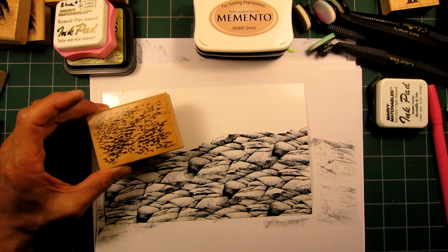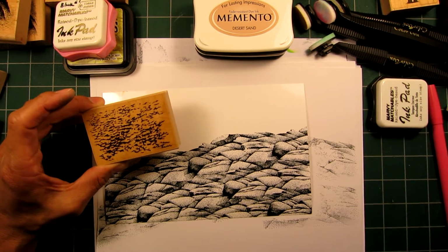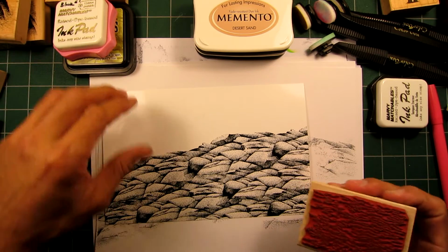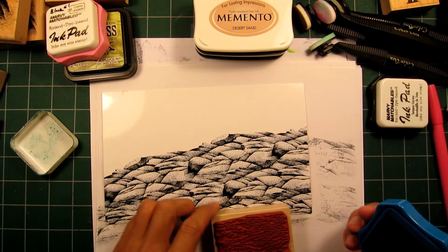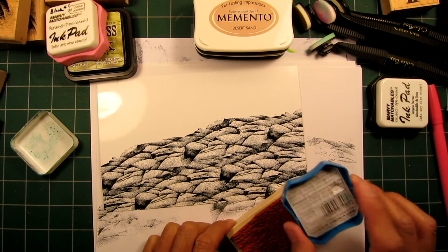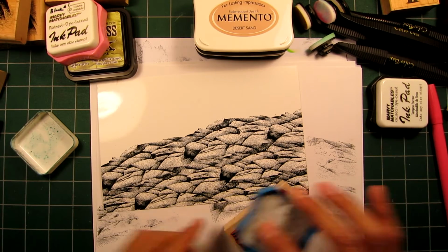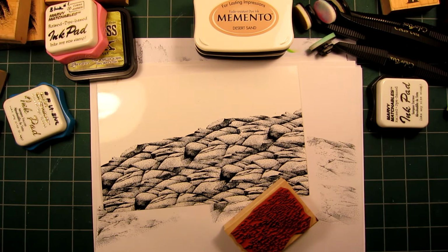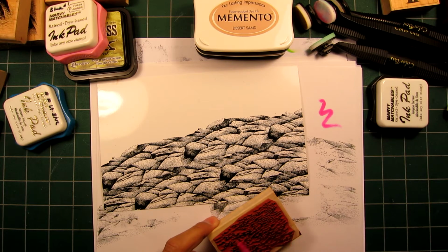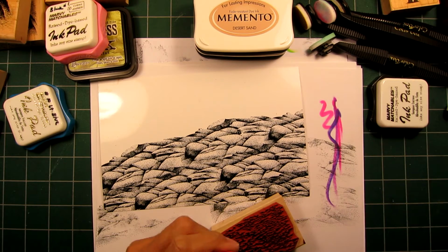Here's a different type of cloud. It's what they would call a mackerel sky, otherwise known as an Altocumulus cloud, just to bring in some different textures. This is a number 10 blue. In another video I showed bringing some different colors into the impressions themselves, and why don't I run some of this pink on there,